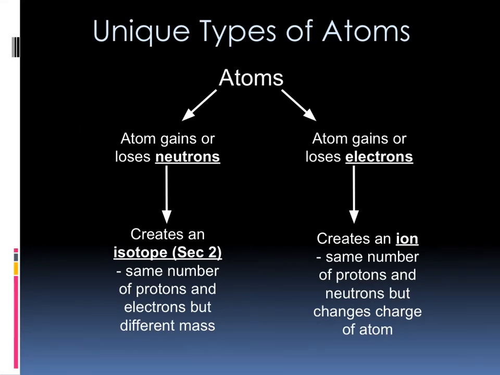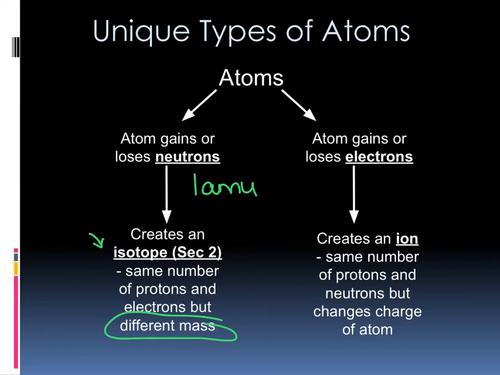atoms. First and foremost, atoms can gain and lose neutrons. Neutrons, of course, have a mass of 1 AMU, so when we gain and lose neutrons, we're really just going to change the mass. We're going to have the exact same element, but we're going to change the mass. Gaining and losing neutrons makes what is referred to as an isotope, which we will refer to extensively in Section